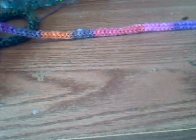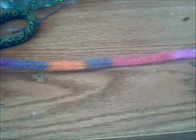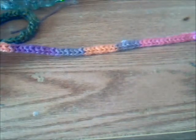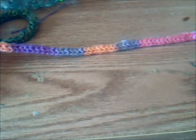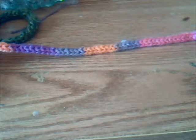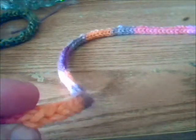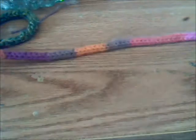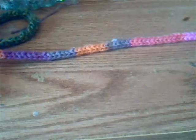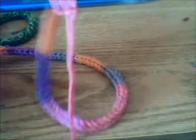Okay, once you get done with the cable, you should have something about this length here. It's about 20 inches long, and that's if you're making a small purse, as I said before. But if you're making the really big purse, you should have a cable like this that is about 40 inches long, I think I said. So, yeah, once you get your cable done, what you're going to do next